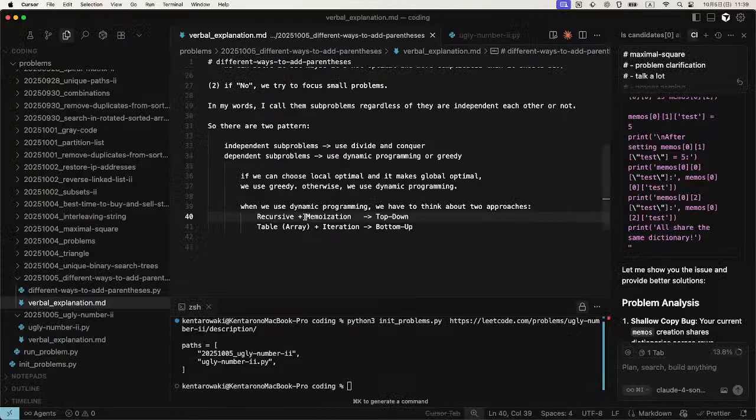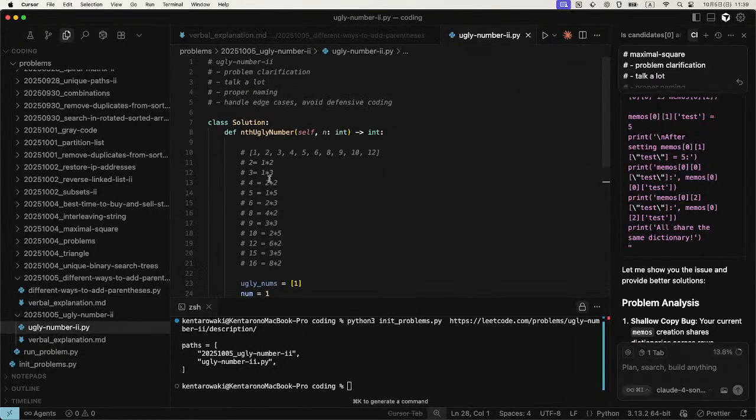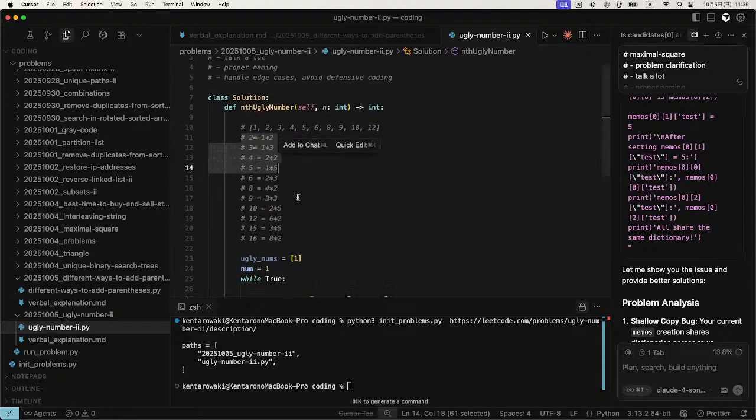I'm thinking about table plus iteration because this is like bottom up. Seems to be a bottom up problem, but I don't know how to